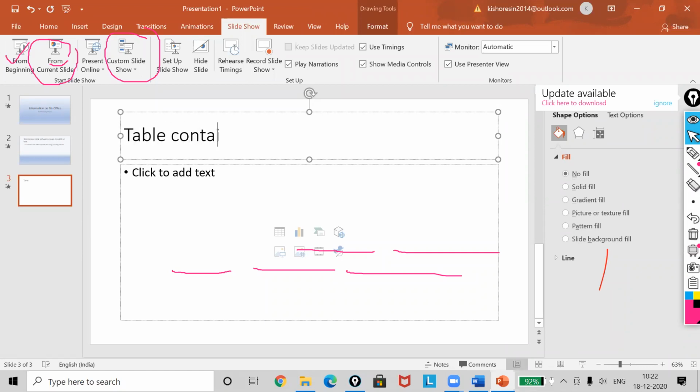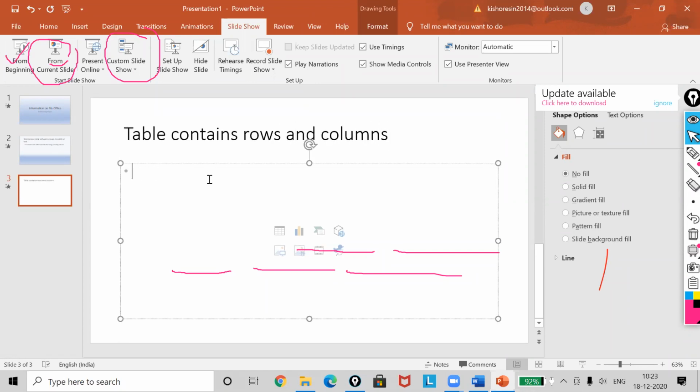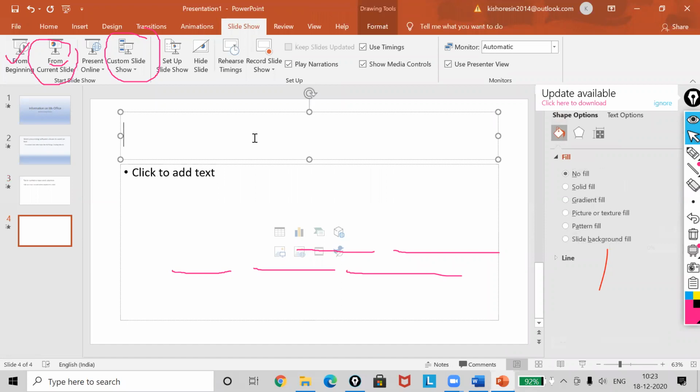A table contains rows and columns. We can create rows and columns anywhere in a table. This is my third one. Now I want one more slide. Okay, mail merge